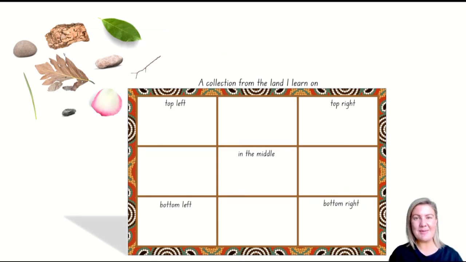You're going to collect some items from the land that you're learning on. Make sure each item is different. You might find some pebbles, a leaf, a special small twig, a piece of bark chip, maybe a seed or a gum nut. You need 2 of each of these items because I want somebody to play a barrier game